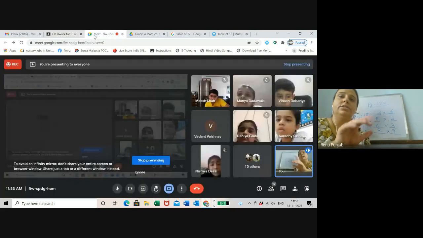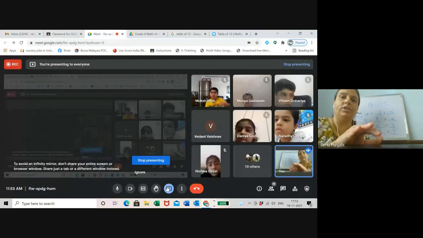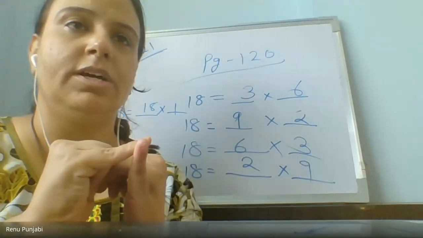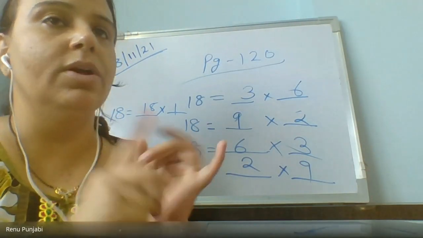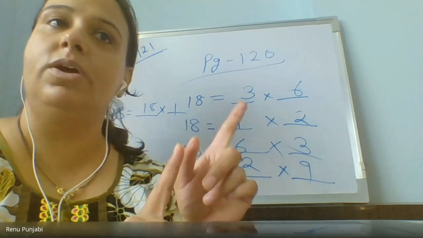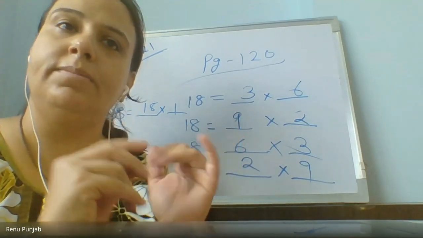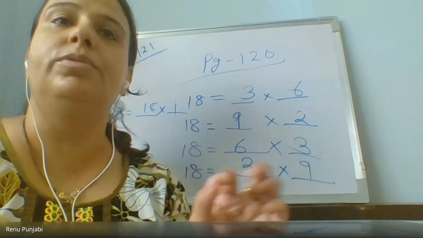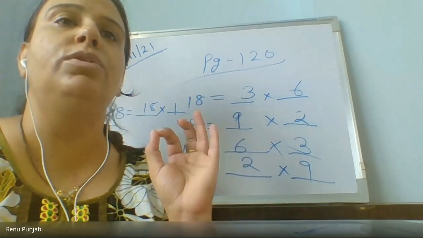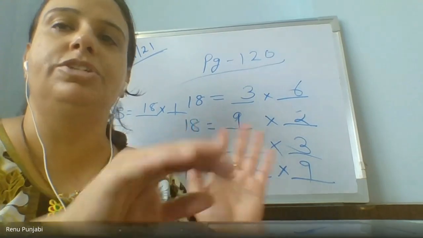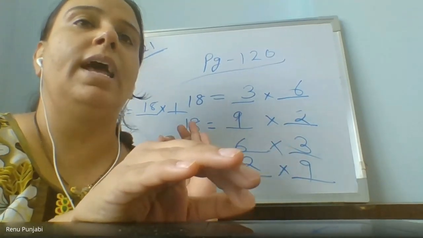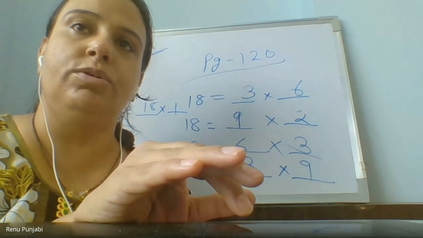Okay, now listen to me. I am giving you many options. The way you are doing your worksheets: when I send a worksheet, some are doing it in the notebook, some are converting it in Google Docs, some are taking a print. It's up to you the way you want to do it. Please start doing this worksheet. Don't give me excuses like: I don't have a printout, I am not able to convert it into Google Docs.